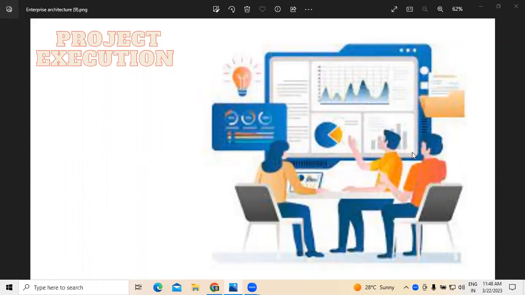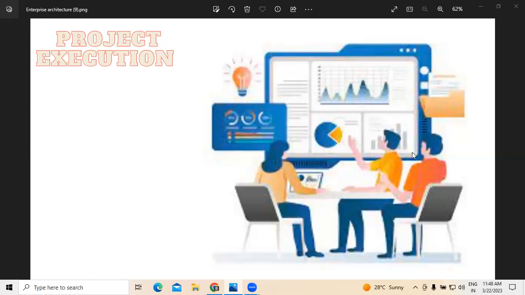Today we are going to discuss the kind of actions which are involved in project execution as a part of our project management series. As you know, managing the project is essentially important for any application development. By keeping this in view, how we execute the project is equally important.